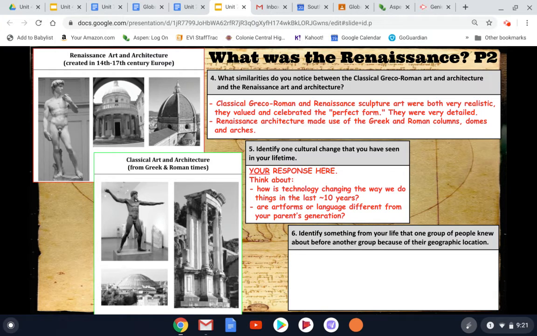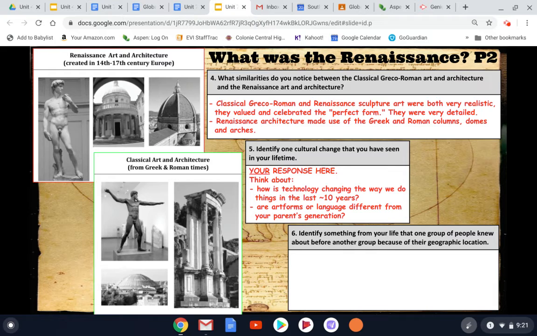But one thing I am thinking of when I think of a cultural change that I've seen in my lifetime is just the overall use of media, the use of technology and things like social media to experience the culture that is a part of our world. When I'm talking about art form and language, all the literature, the books we read, the articles that we read in the news, as well as the music and art that we see being made, we experience all that stuff generally through a computer or through a phone or through the internet now.